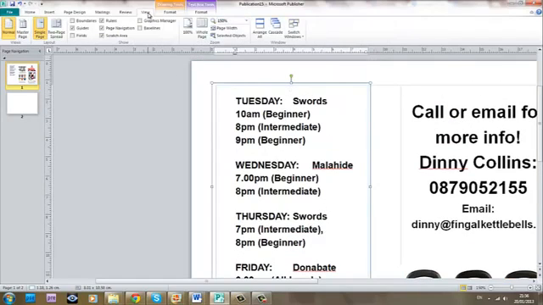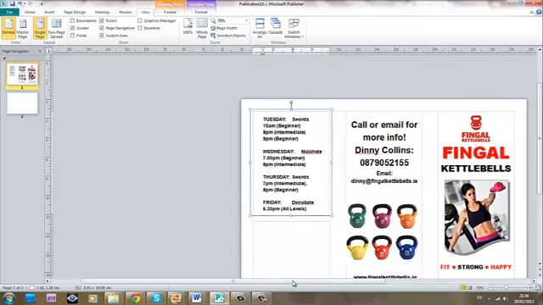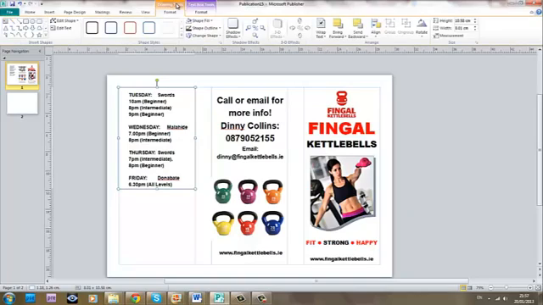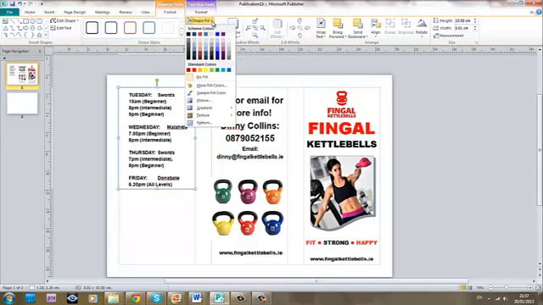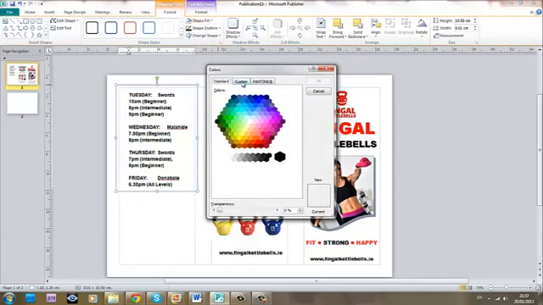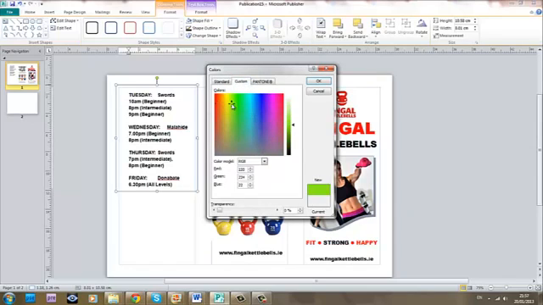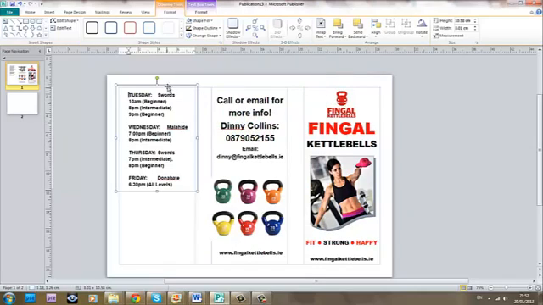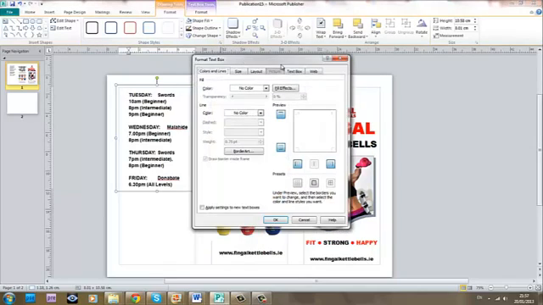The next thing I want to do is I'm just going to go to view, and I'm going to just put this back down to 75% because I can see what I'm doing. Now the next thing I'm going to do is I'm going to drawing tools, and I'm going to shape fill. Now I can choose this tab here, and it'll give me a range of colors, and I can choose more colors. Say for instance, whatever color. I can pinpoint it more, or I can use Pantone colors. Okay, but what I'm going to do is, you see this little arrow here, I'm going to select that,